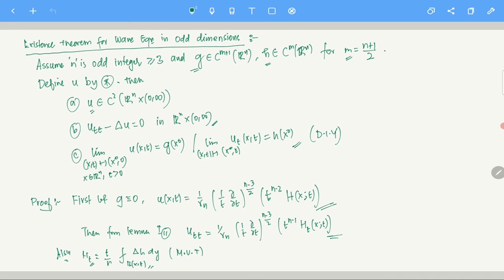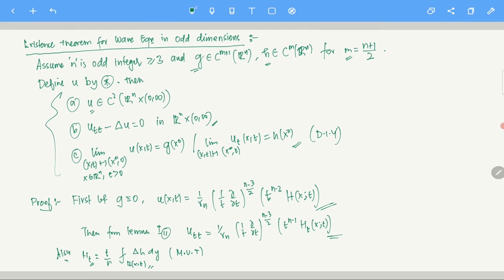Think about it. You can break this problem into two parts. One part is with g equal to 0 and h non-zero. Another part is g non-zero and h equal to 0. If you add those two up by the superposition principle, then you get that u_tt minus Laplacian u is going to be 0. I hope that is clear. Of course, I asked you to do this yourself, and once you do it yourself, it will become clear.